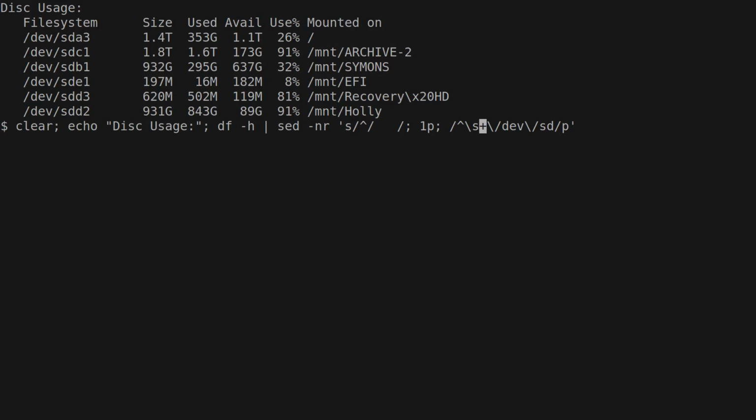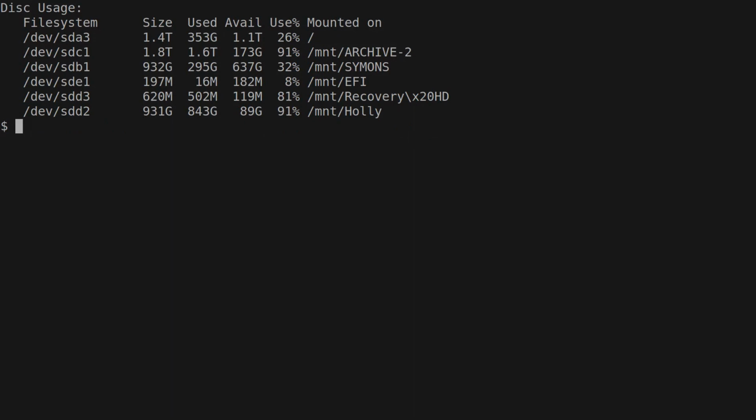Now, something we could have done is just to remove the anchor at the beginning of the line. And that would do the same thing. And you might argue and say, well, that's less code, so it's a better solution. And I generally have a rule of thumb that says that fewer lines of code, fewer commands executed is generally better. Less potential for things to go wrong. But when it comes to regexes, what we've got here is quite a loose regex. This just says as long as /dev/sd appears somewhere in the line, we'll print it. So what happens if some psychopath decides to mount a drive onto